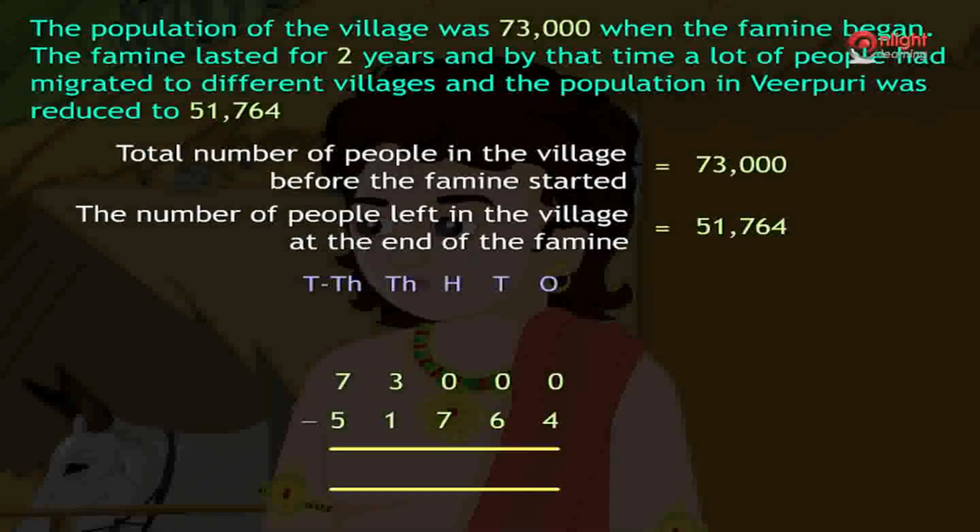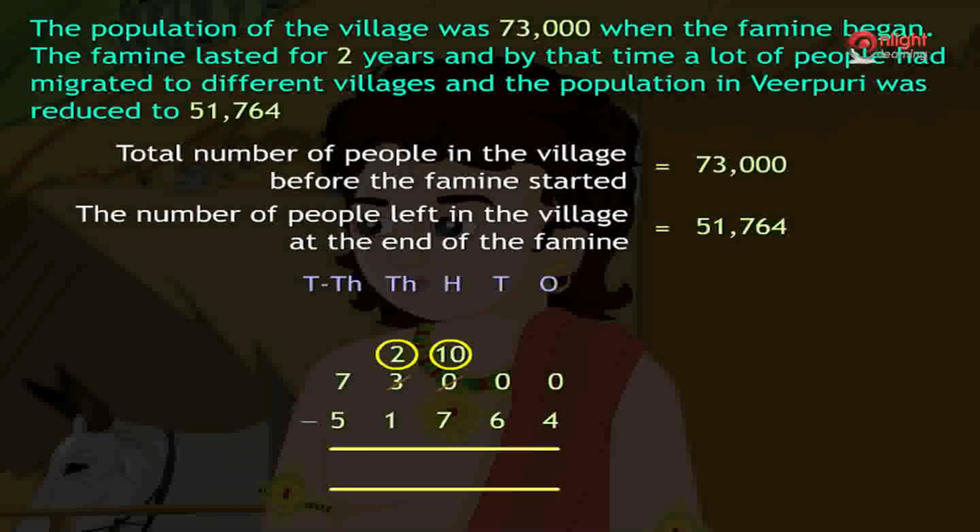How will you subtract from a number with zeros? Here is the number 73,000. We have zeros in hundreds, tens and ones places. So, the first step we do is to regroup thousands. That is, we borrow 1,000 from the thousands place to the hundreds place. So, 3 in thousands place gets reduced to 2 and the 0 in hundreds place changes into 10 hundreds by taking the 1,000 it borrowed.